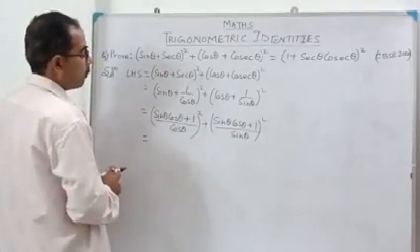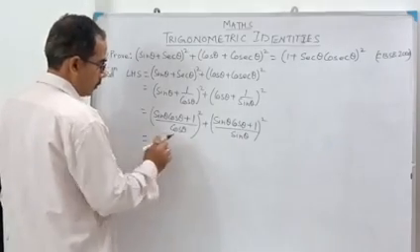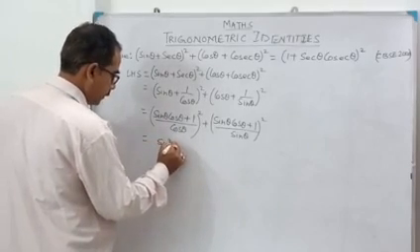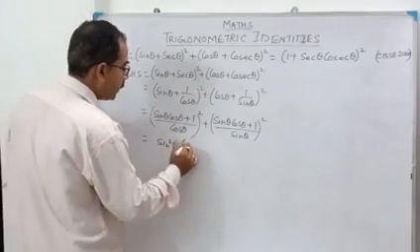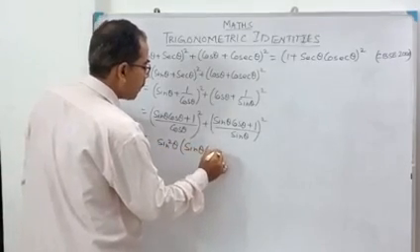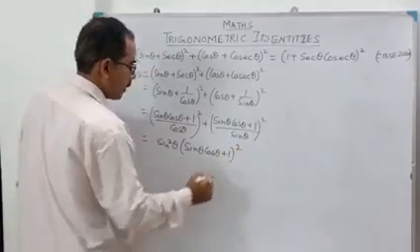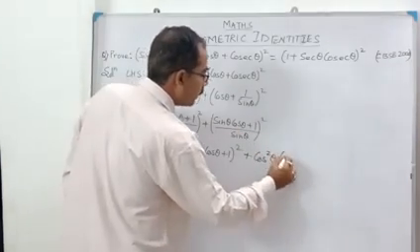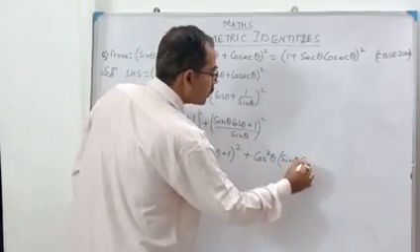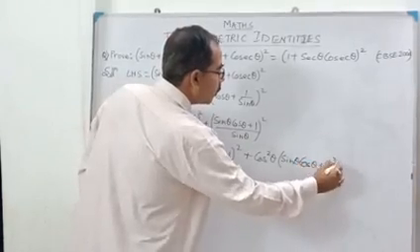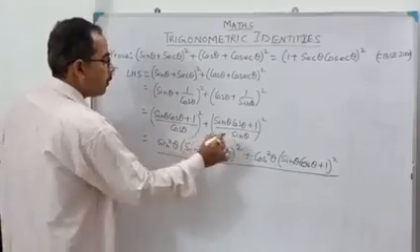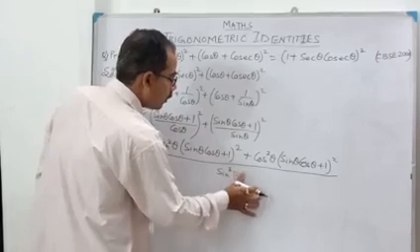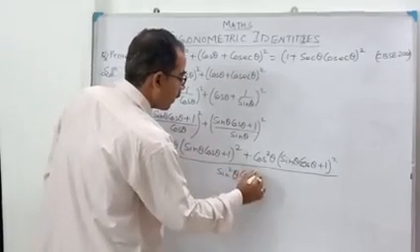After this, what will we do? Let us do the LCM once again, that is sin square theta cos square theta. If you do it here, sin square theta, sin theta cos theta plus 1 whole square plus, and this side will be cos square theta, and the same sin theta cos theta plus 1 whole square, whole divided by sin square theta cos square theta. Correct?